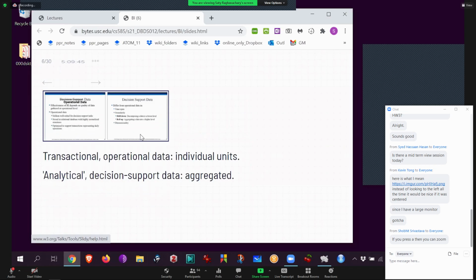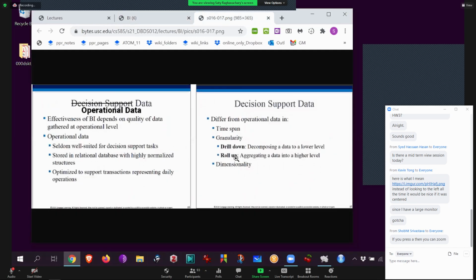In the meanwhile, there are two kinds of data: operational data and decision support. The idea is that operational data are your small individual pieces of facts. Then you assemble them all together into one massive data warehouse, and you call it decision support. The big reason to do it is that everything is in one place. You can drill down as deep as you want and get pretty specific insights. Or if somebody says, I don't want this low-level detail, give me the big picture, then you can go in the opposite direction.